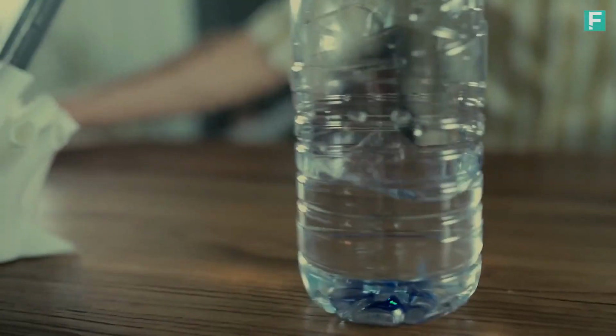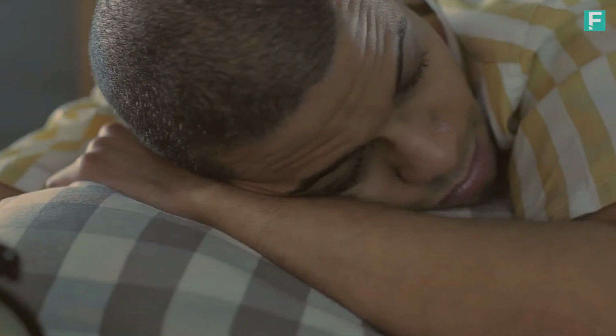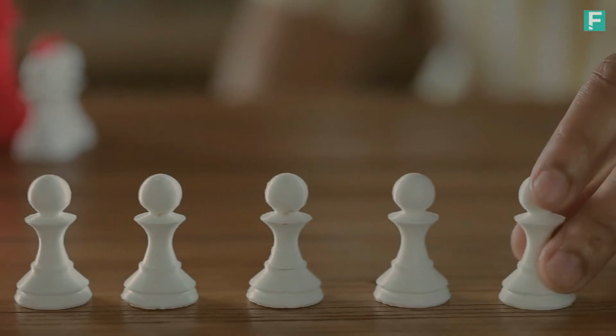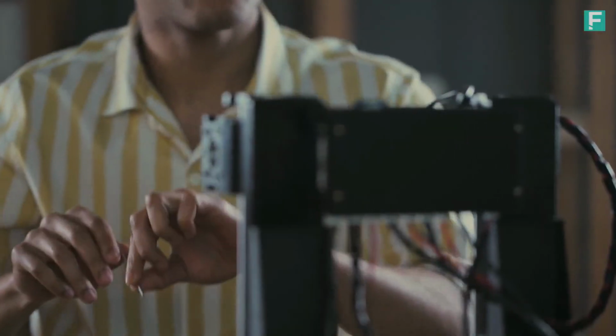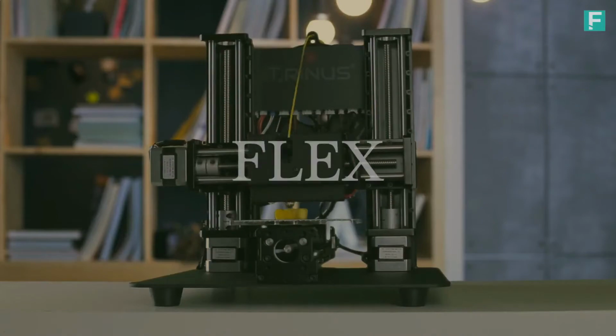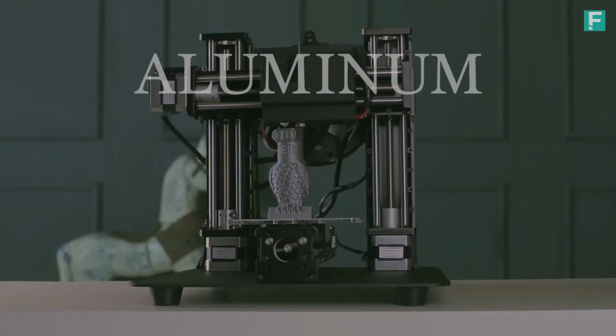Remember the time you used the high-speed setting on that other low-cost printer and ended up with a dull, messy print? Even using a higher print speed, Trinus gives you a clean, high-quality print without shaking everything off your desk. Plus, the laser head will come in handy when your best friend beats you at a game you thought you were good at. Trinus lets you print with many different filaments, including flex, wood, and aluminum, all without a jammed